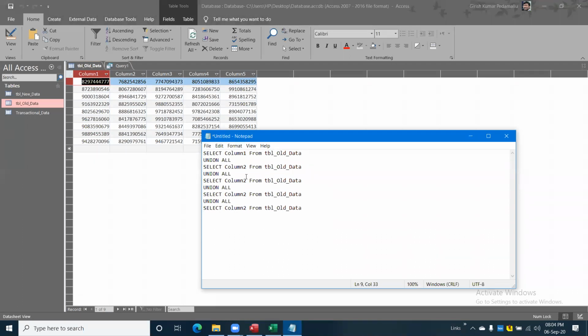Okay. Here, we can't do it in single lines, like select column 2, comma, column 3, column 4. If you write it like that, it will look like a normal table. If you write column 1, comma, column 2, column 3, it will look like a table only.